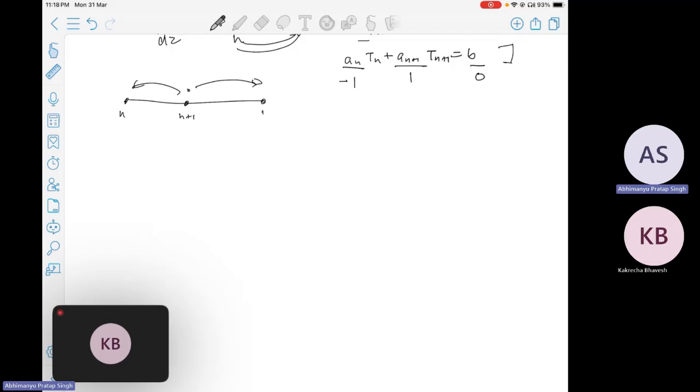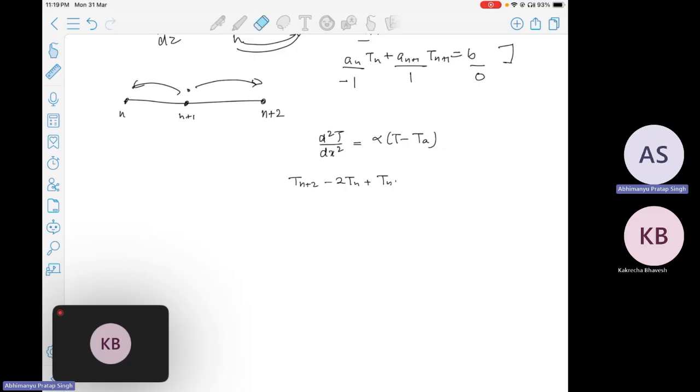So that means we will have another node, n plus two. Now if we write the formula for this, the equation is d²T/dx² is equal to alpha times (T minus Ta). So if I write this, then it will become Tn plus 2 minus 2 Tn plus 1 plus Tn,